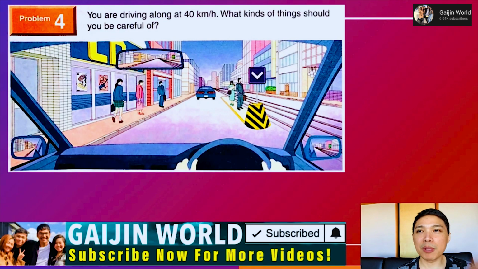So here's the problem number 4. You are driving along at 40 kilometers per hour. What kinds of things should you be careful of? So makita natin medyo steep or medyo narrow yung daanan dahil nasa pagitan tayo ng pedestrian or meron tayong